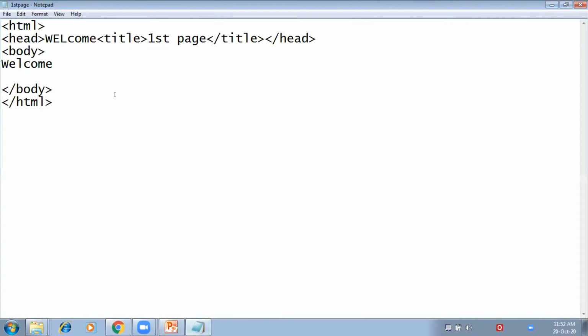Press F5. Now two times welcome is coming. One is the welcome which we have written in the head tag, and one is the welcome which we have written in the body tag. So I am going to remove this welcome from the head tag. Normally we don't write anything in the head tag and we write only inside the body tag. So this is the basic structure of HTML. Only we have written two words, one for the title and one word in the body tag. That's it.